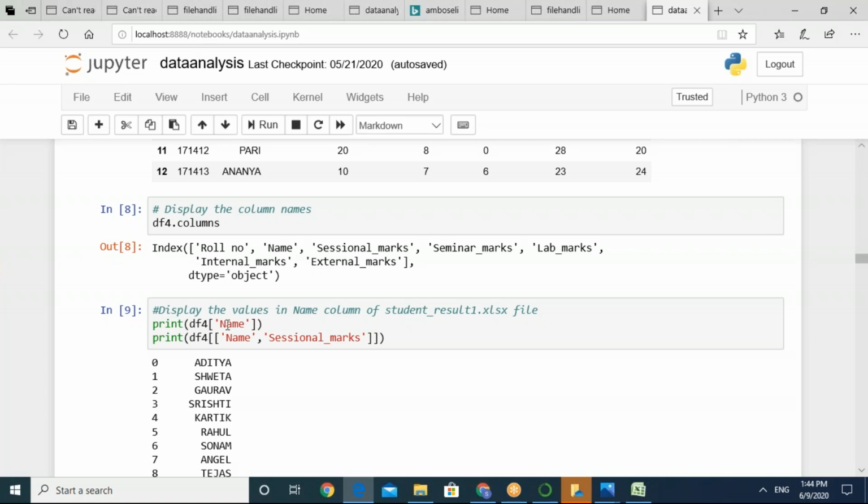Similarly, within square brackets, you can mention the particular name of the column and only the corresponding column will be displayed. If you want to display more than one column, just separate them by comma. These are the very basic commands. So we are just trying to explore our Excel file. The import command will only work when you already have this particular package installed.